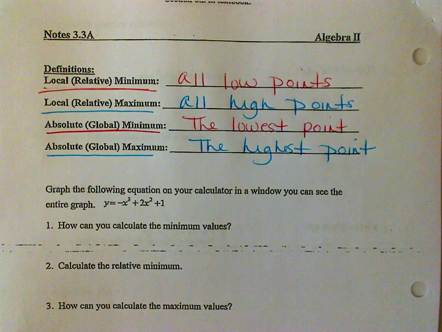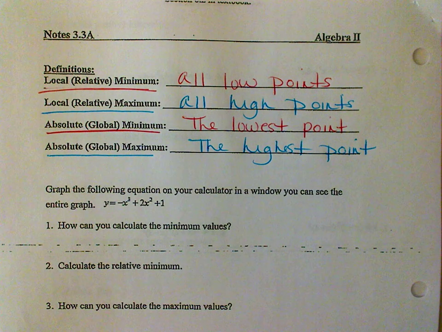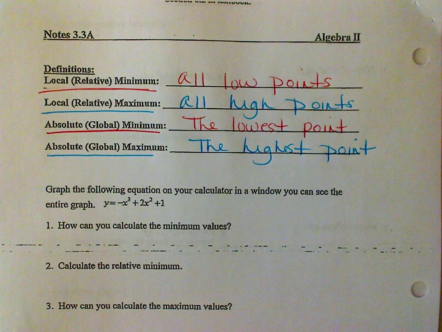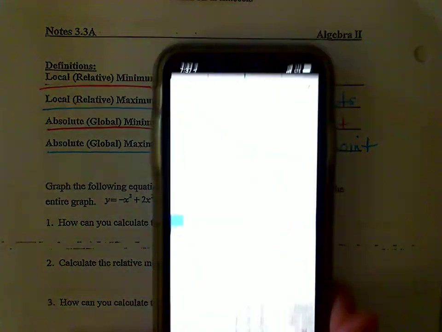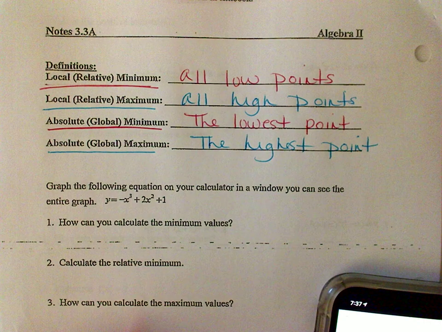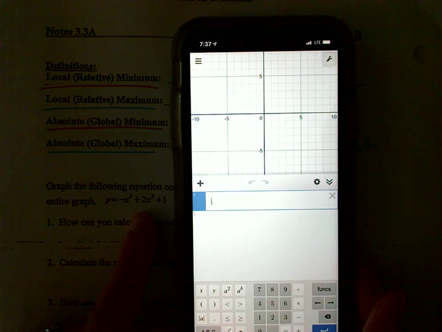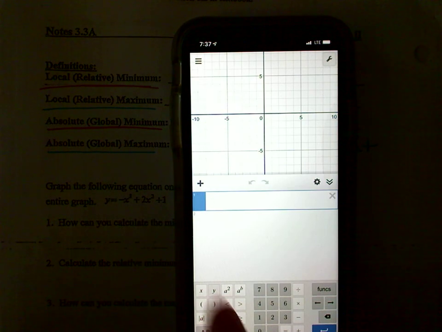Okay, so now we definitely need our Desmos pulled up. I'm going to have to pull mine up on my phone. Where is it? There it is. Okay. All right, so I'm going to go ahead and type this equation into Desmos. So y equals